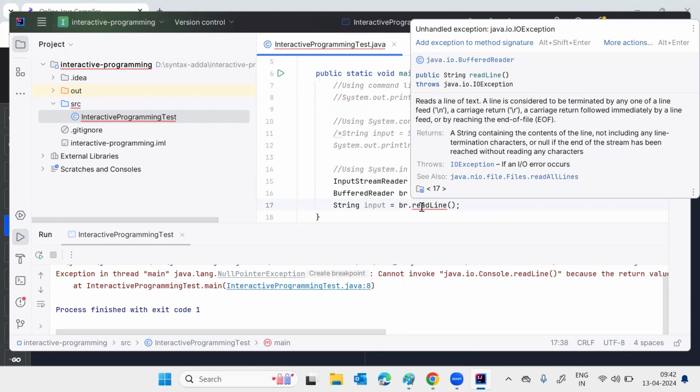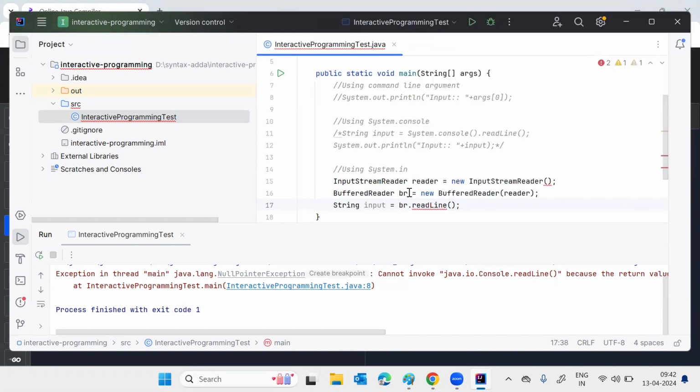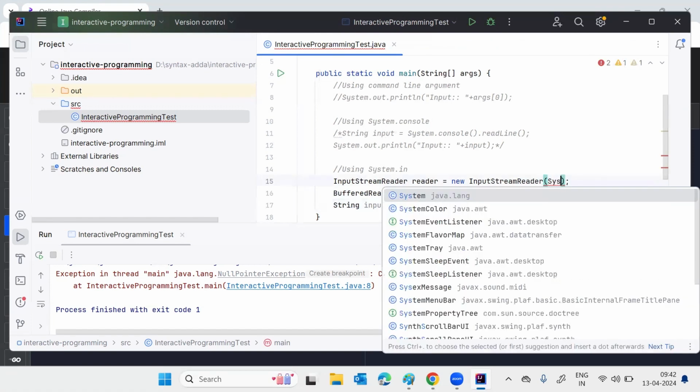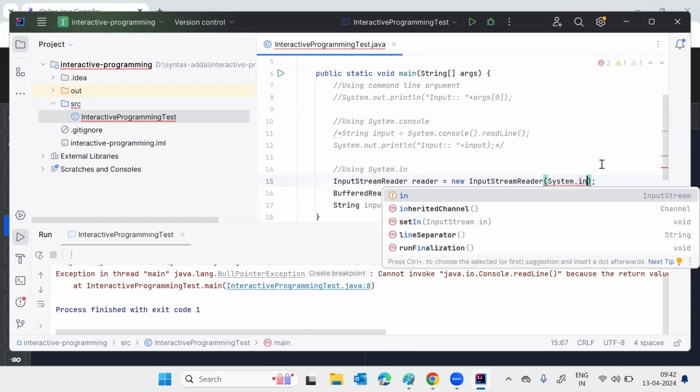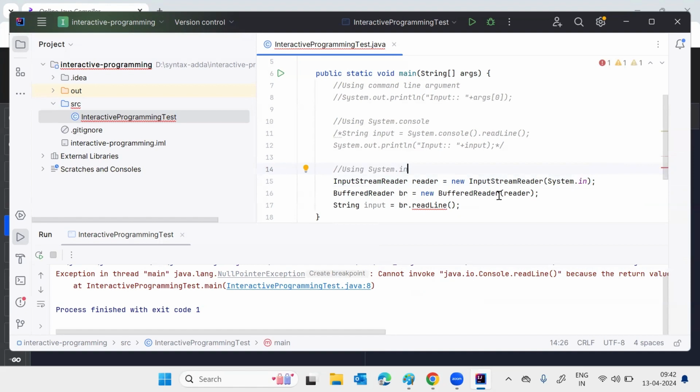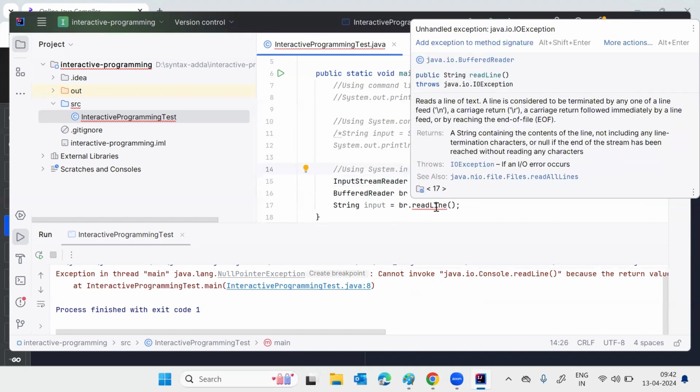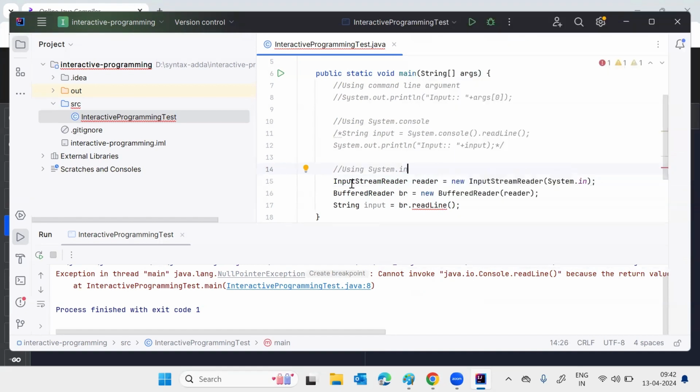When we compile this one, only then is it showing it, right? So we have to handle it. So this is again the problem using the system dot, sorry, I didn't pass this system dot in. Okay, so that's the issue, right? So I need to either add this